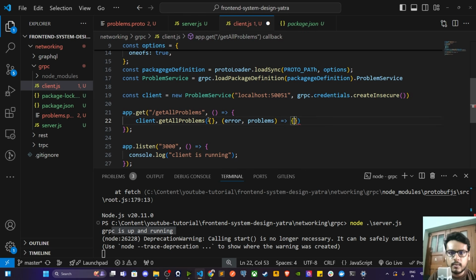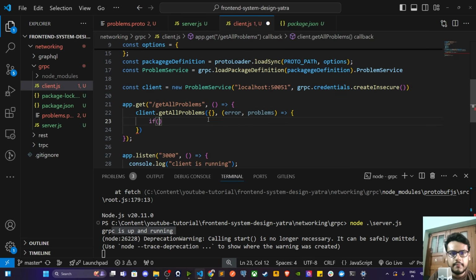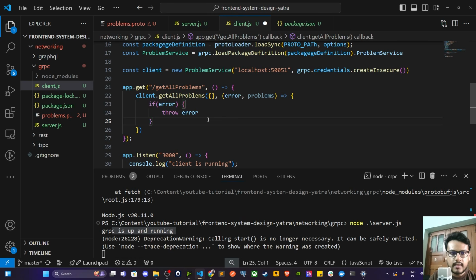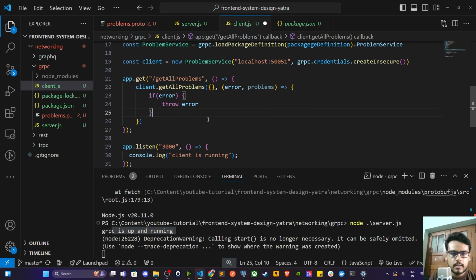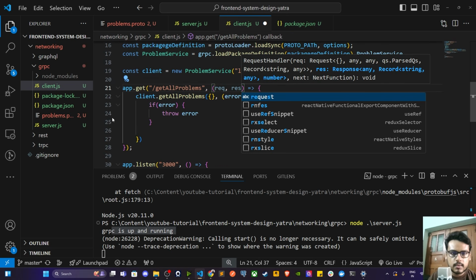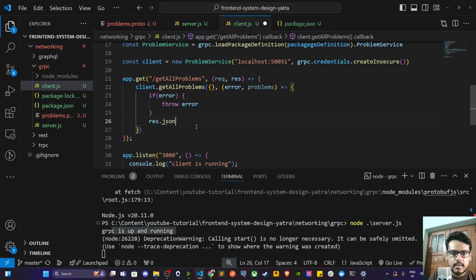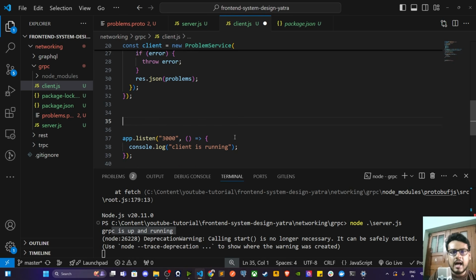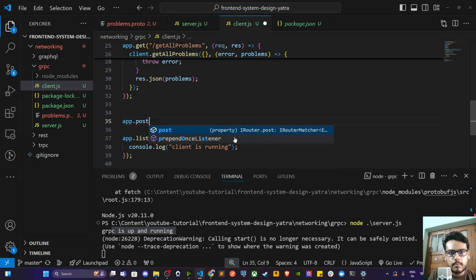This is the place where you get the problems, and if error, throw error. If there is an error, just throw it out. Otherwise, response.json problems. All right, this is the first service, and the next service is app.post